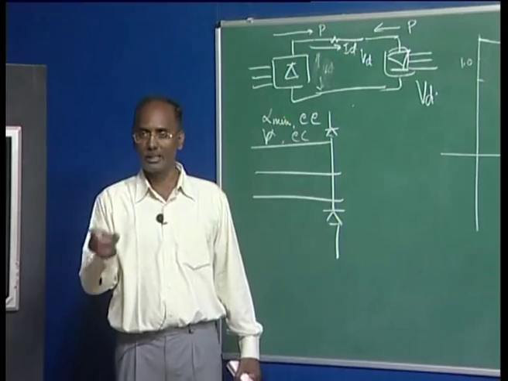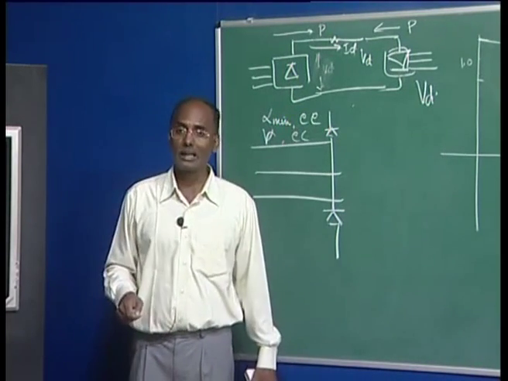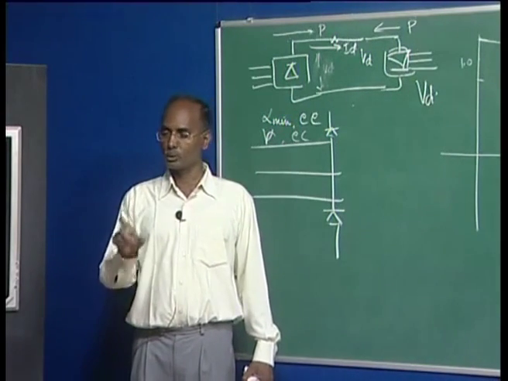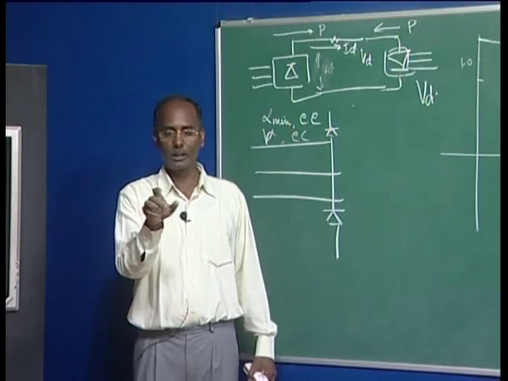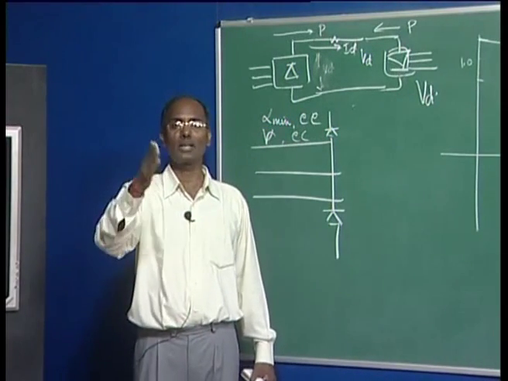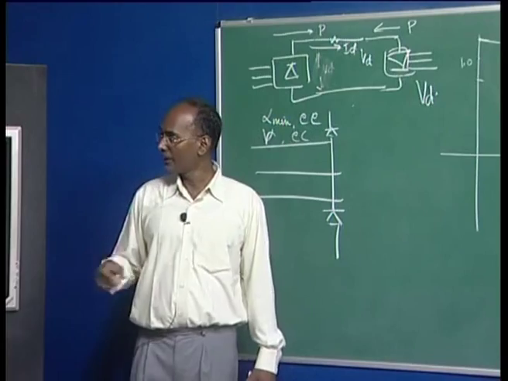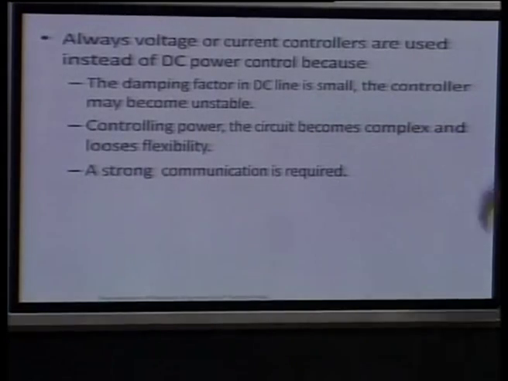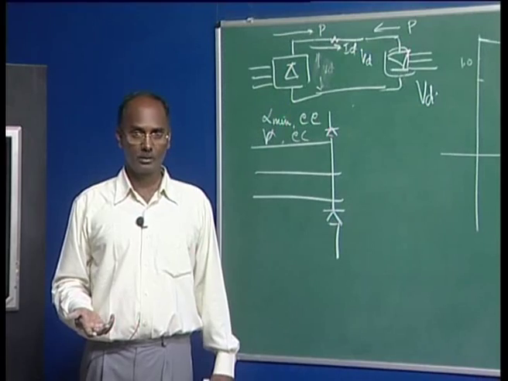This is very, very small because of the damping when there is a change in the power swing. This R value is very low and your power controller may not act properly because of the I square R, the current which is flowing, and R is very small, so huge oscillation in the power will be there, and there is a possibility your controller may become dynamically unstable.